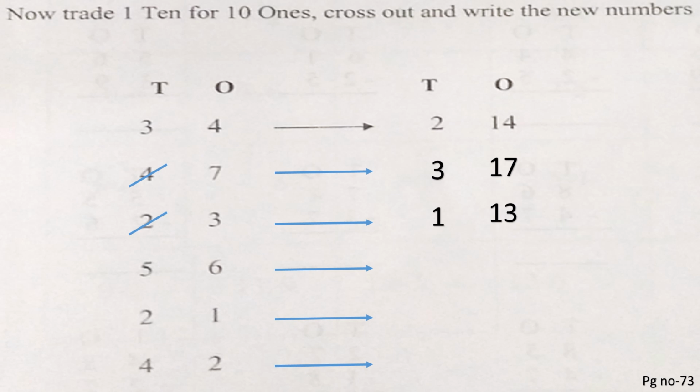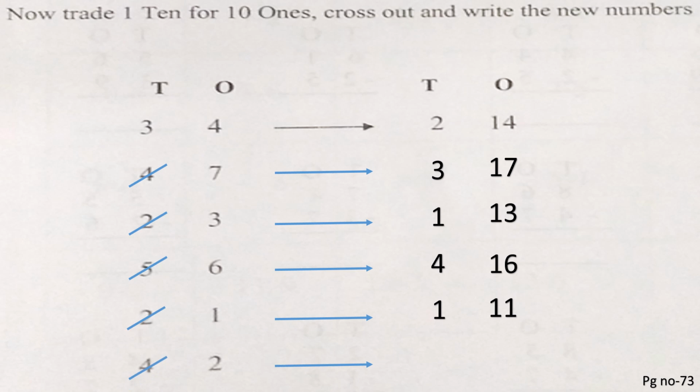It is 56. Let's write number 5 in tens place. So what is the new number, children? Very good. It is 4. Now which is the new number which we are going to get in ones place? Yes, it is 16. We'll go to number 21. Let's write number 2. So what is the new number we are going to get in tens place? Correct. It is 1. And which is the new number you are going to get in ones place? Correct. It is 11. We'll go to the last number, which is 42.